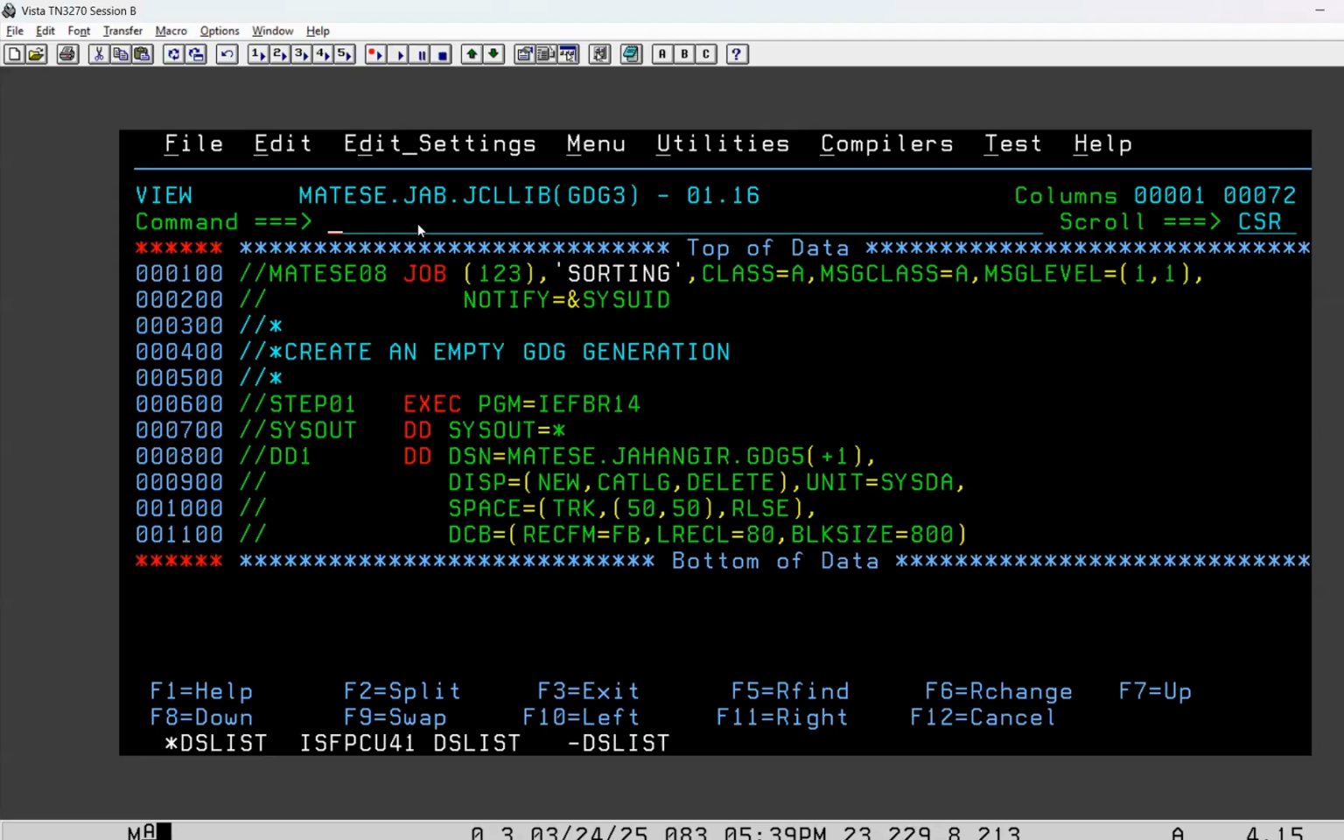But when you want to create a generation, how do you have to write? You have to write the base name and within parenthesis you have to write +1. Within bracket you have to write +1. +1 means add one generation to this base. The meaning of this one is add one generation to this base. We're asking the system. Then all these same parameters, disp, unit, space, DCB, all of that. If you submit this job,